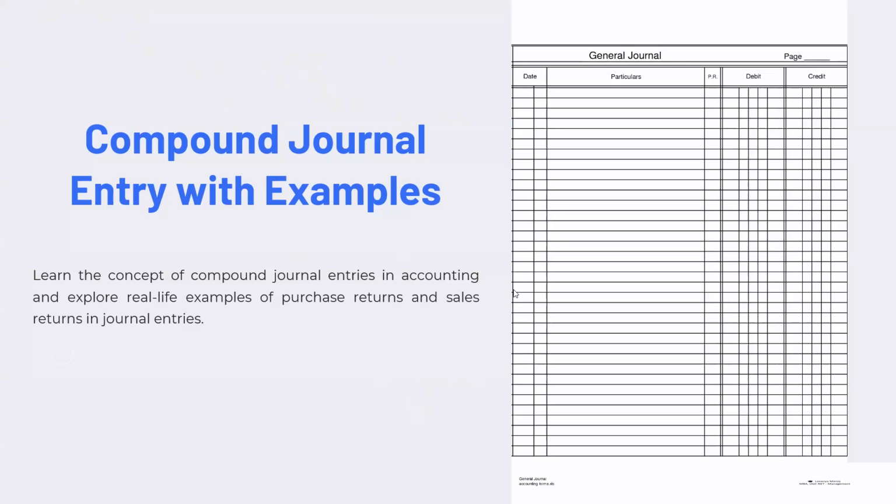Yeah. So, last session, we saw how to make journal entries, right? We saw what is a journal entry. It's the first book for making entries of all the transactions, credit transactions or cash transactions. And based on the type of transaction, whether it comes under real account, nominal account, or personal account, depending upon the category, the entries will be made.